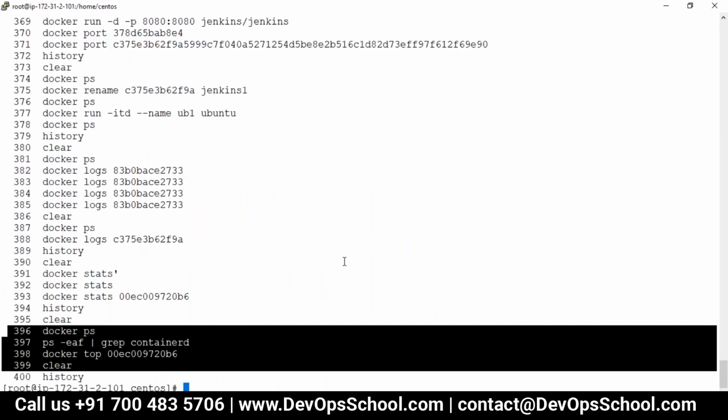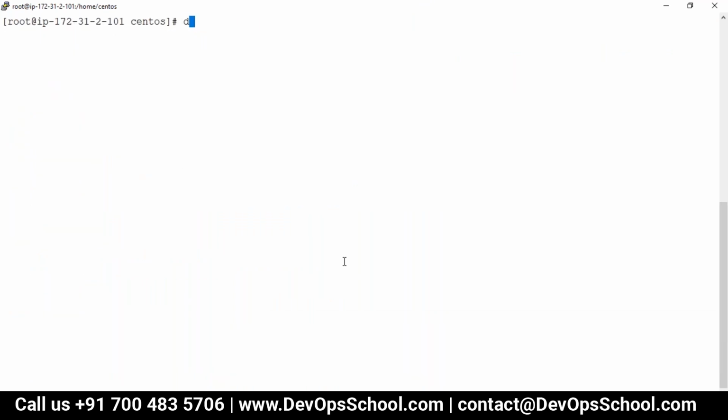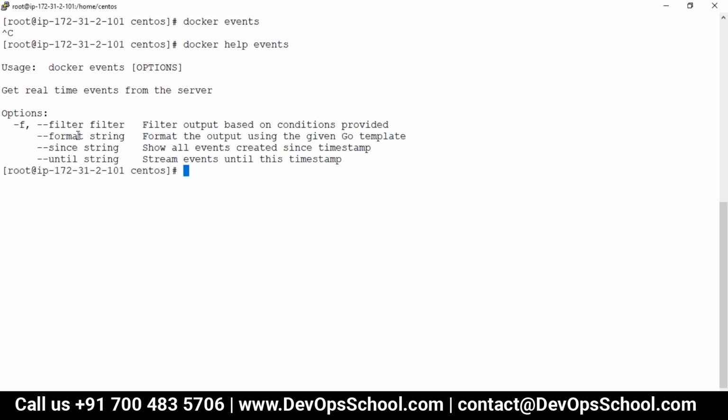How does it work? Let's understand that. I'll just type the docker events command. If you feel the system got stuck or something has happened, nothing has happened. You're monitoring live with the docker events command. By the way, you can also get it in non-interactive mode. For that there must be an option, and that is called since. This is the timing you can set, until, and the output format.